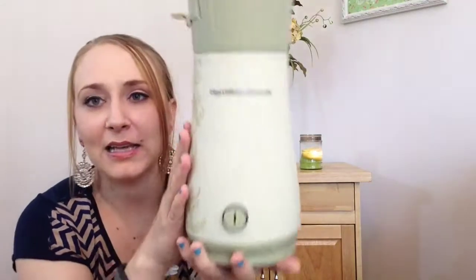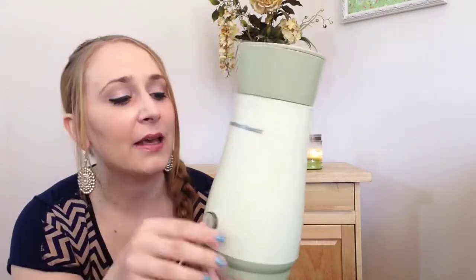But I thought, for one, this is really pretty. It's really cute. It's pretty much brand new. I don't think this has been used much at all. You can kind of tell that it looks pretty much right out of the box. I think it's probably been used once or twice, so I'm going to give it a good cleaning, make sure